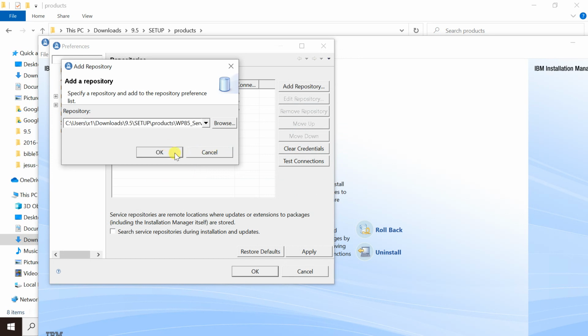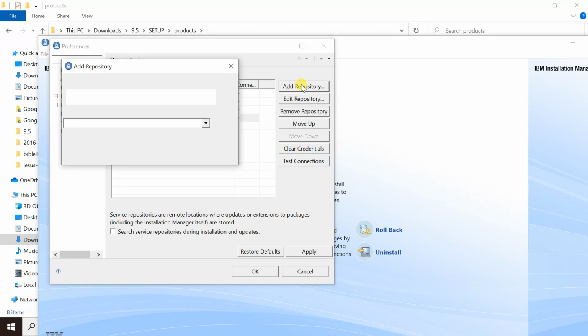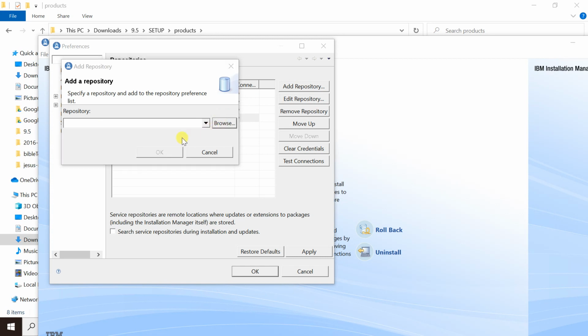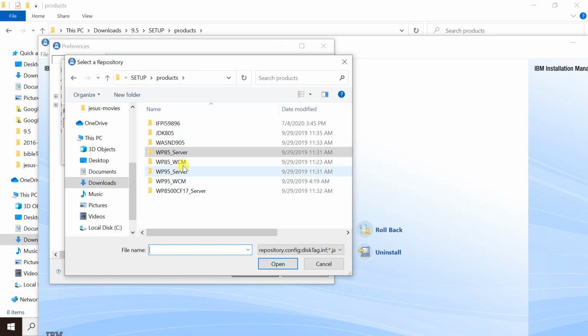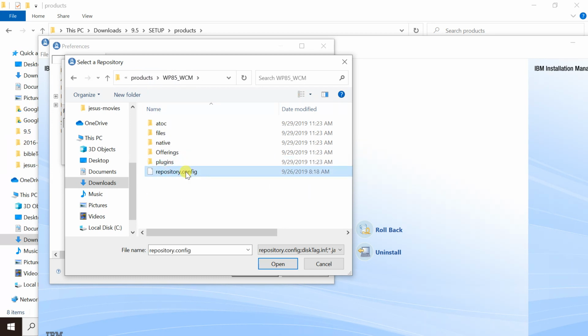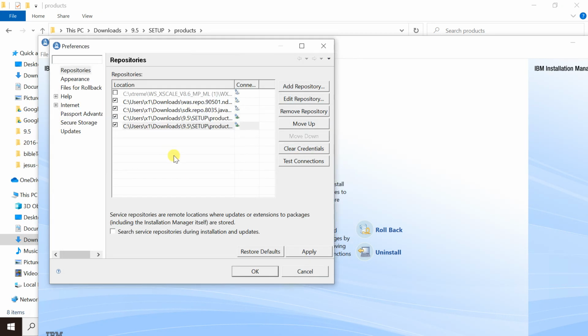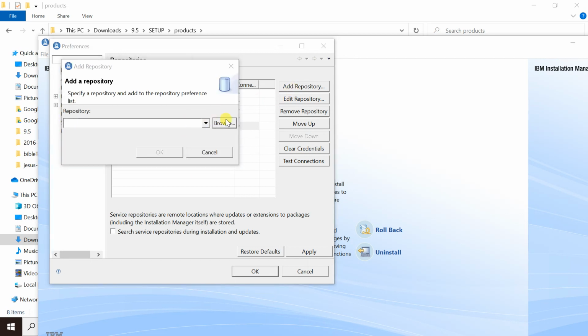Portal 8.5 and WCM 8.5 also. So we are trying to finish 8.5. While installing 8.5, we are installing the WAS interim fix also. That is the way we have to do it. So go to the WCM repository, okay. Now the interim fix, because last time it was not ready, now we will see.